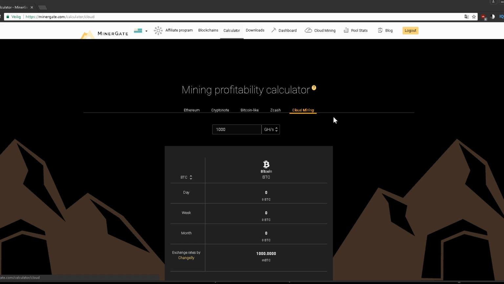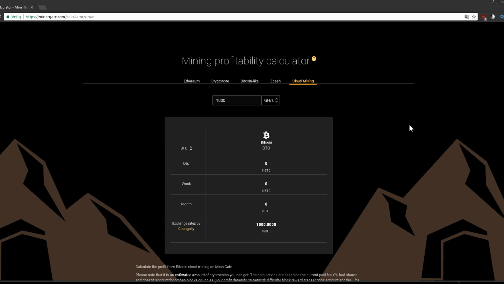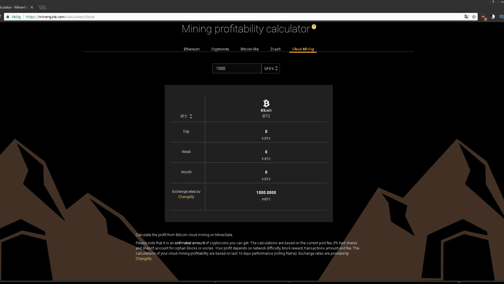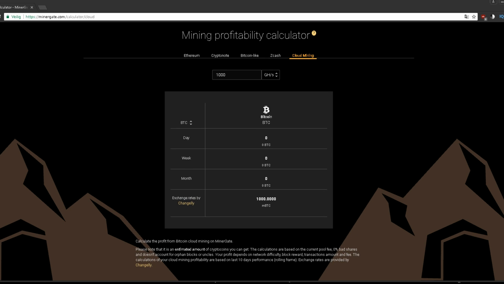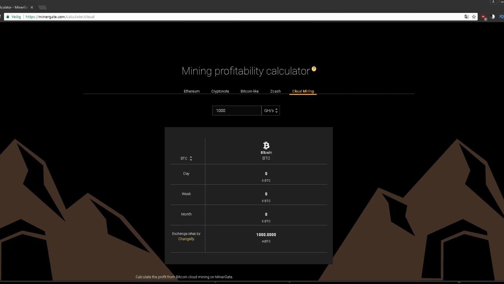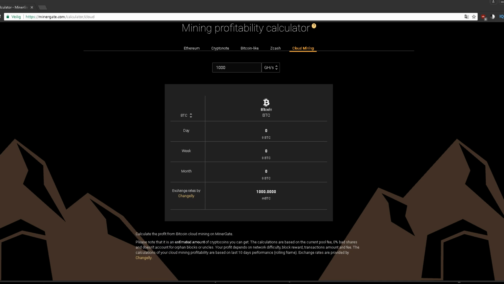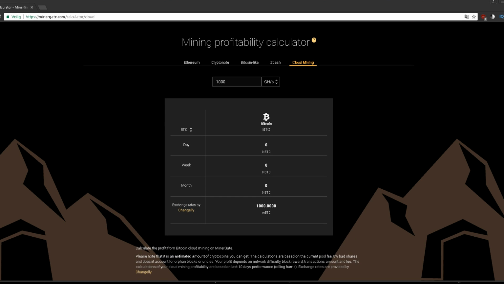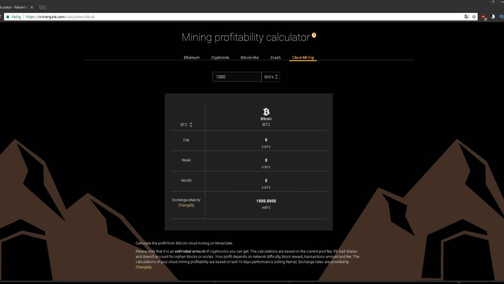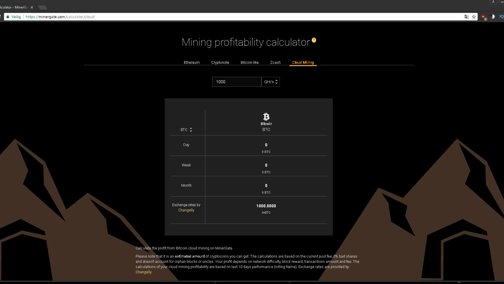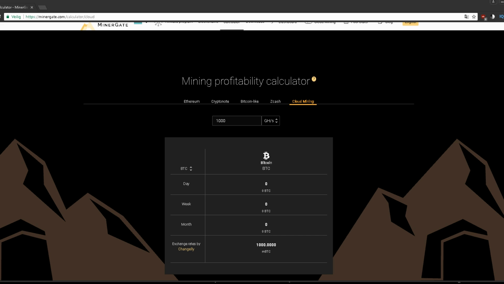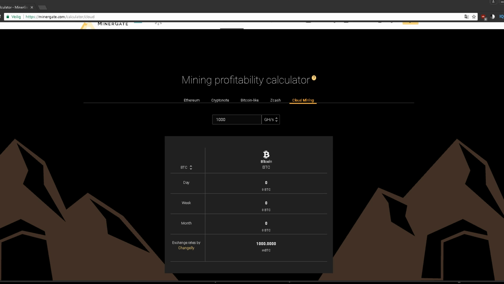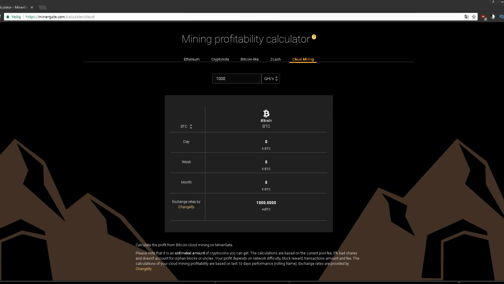Also, Minergate gives you the ability to cloud mine. I haven't really done this, and I would be really careful with this. I think it only works if you throw a couple hundred dollars on it in Bitcoin. But be very careful in sending Bitcoin somewhere, especially if you don't know if it works. Not to say that it doesn't work, but it is